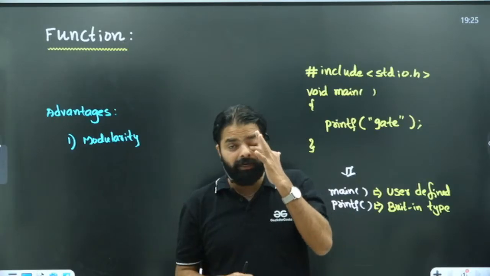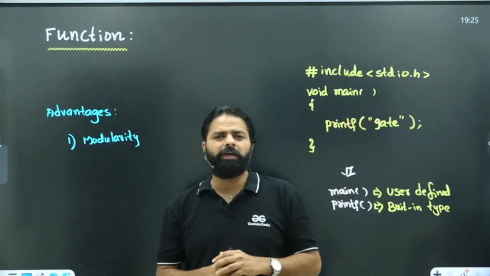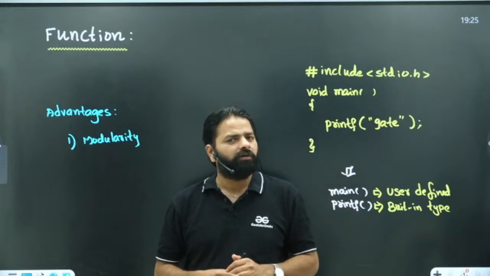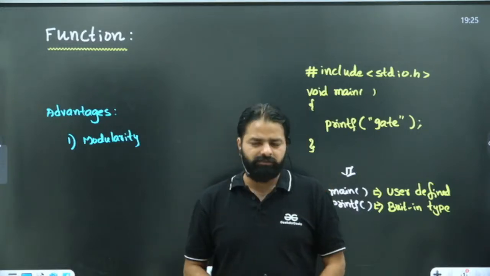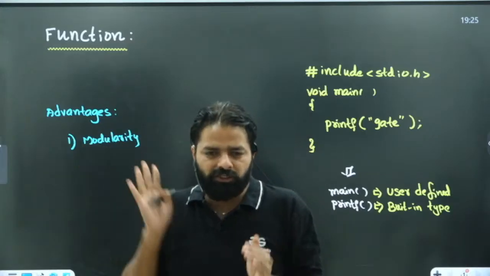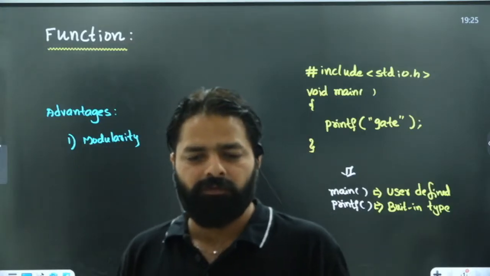अर्थमेटिक ऑपरेशन बिल्ड कर रहे हैं. एडिशन के लिए एक फंक्शन बना लो, मल्टीप्लिकेशन के लिए एक फंक्शन बना लो, डिवीजन के लिए एक फंक्शन बना लो. राइट? So you can call them whenever you need it. एक मॉड्यूलरिटी है, so you can divide the program into multiple functions. एक एडवांटेज है. करेक्ट?